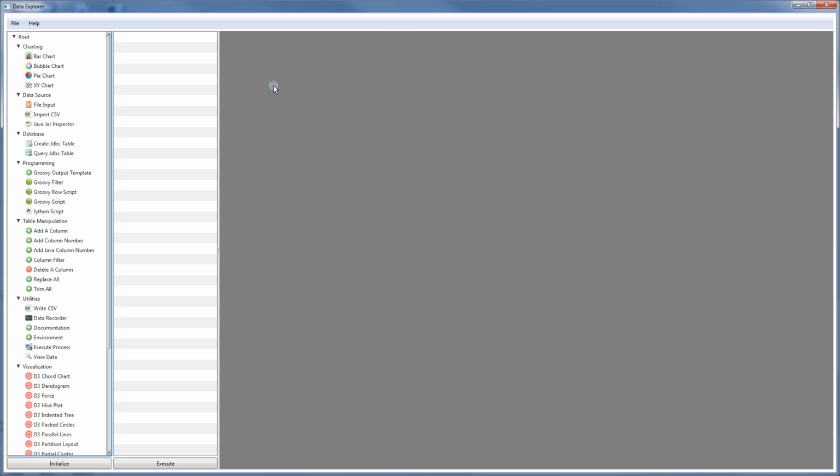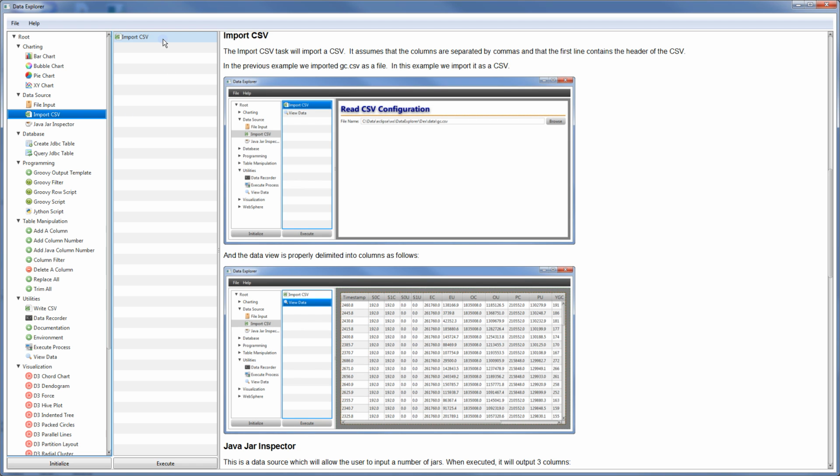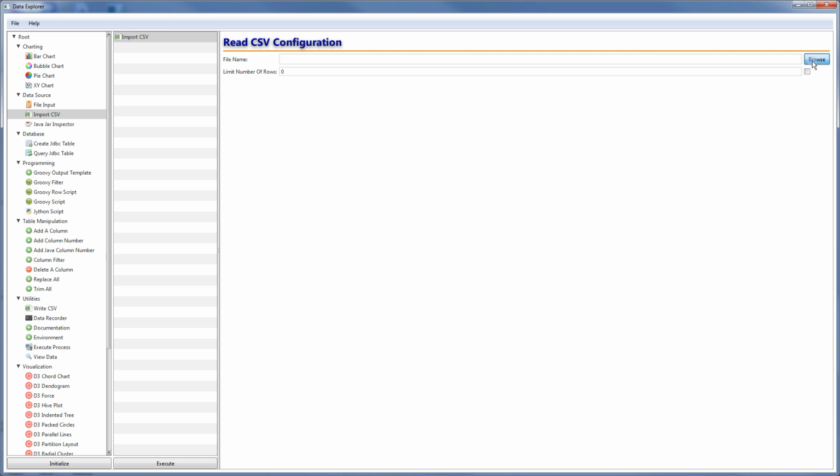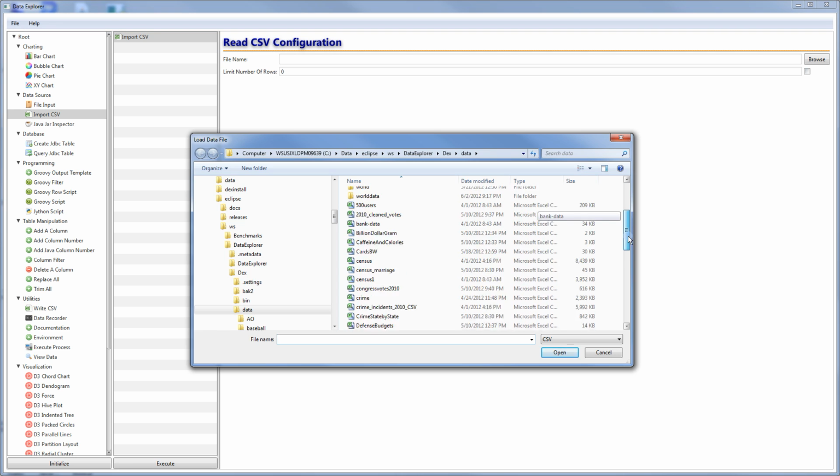I just have a rough plan of what I want to do, so I'm just kind of playing it by ear here, flying by the seat of my pants. But first thing I think I want to do is import a CSV like we did in the previous demo, and in this case, I'm going to pull up the president data,